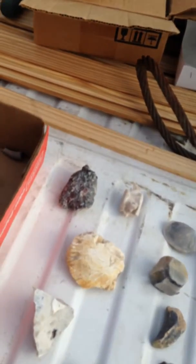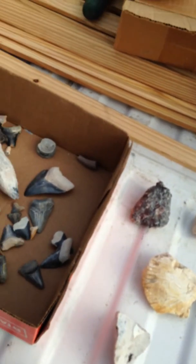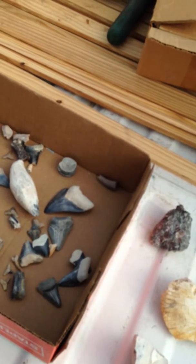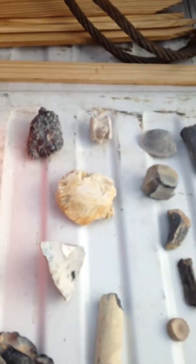So I'll show you a PowerPoint after we go to another area, which is an oversized rocks that come out of the washer that are probably mostly, but a lot of